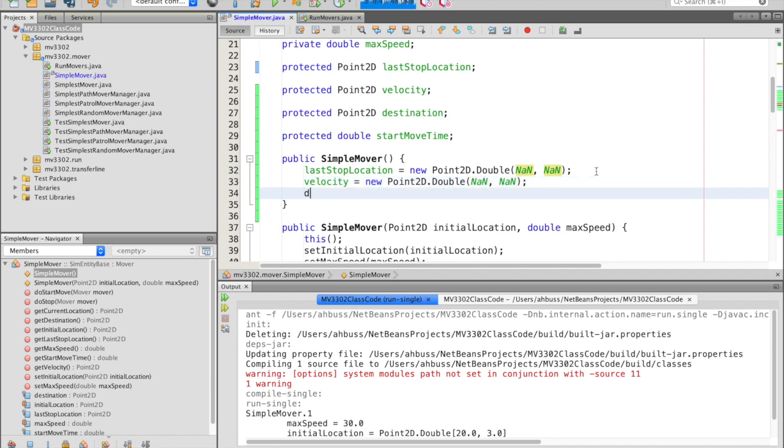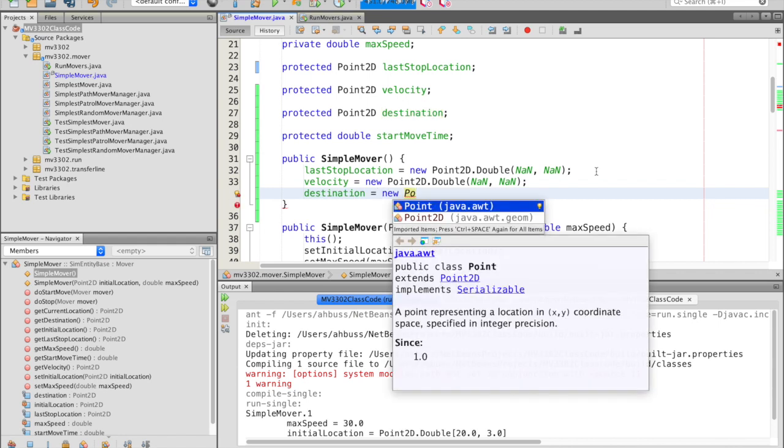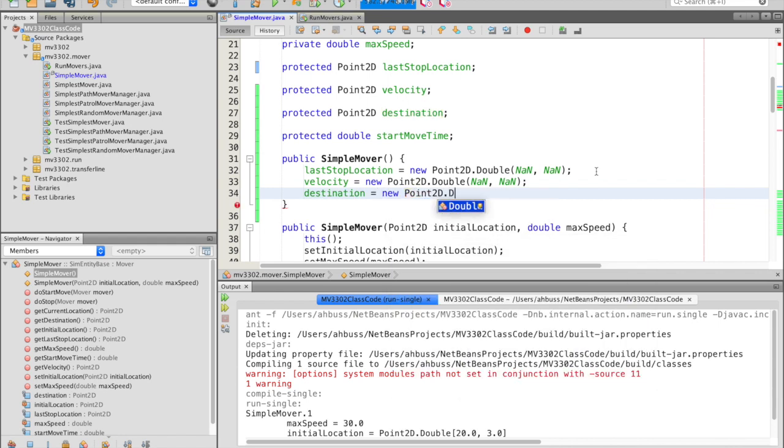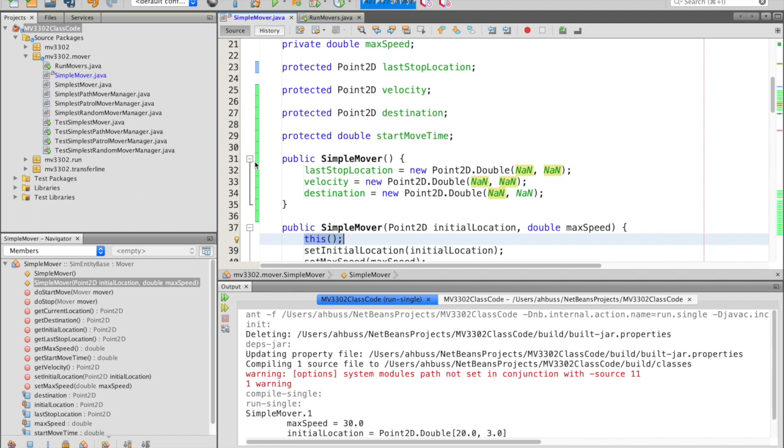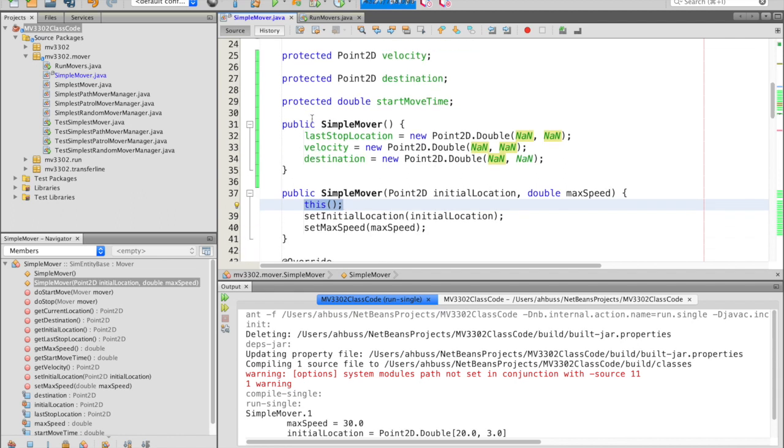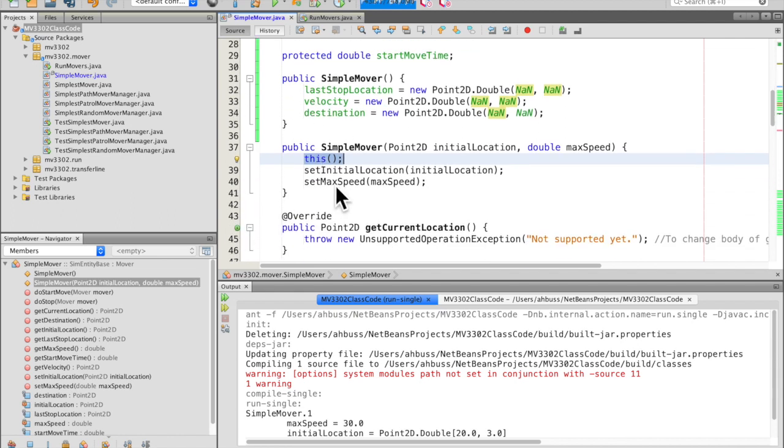And finally, destination. Okay, so now, because we're calling this from our master constructor, these will always be instantiated. Now, just to make sure that they kind of get through,